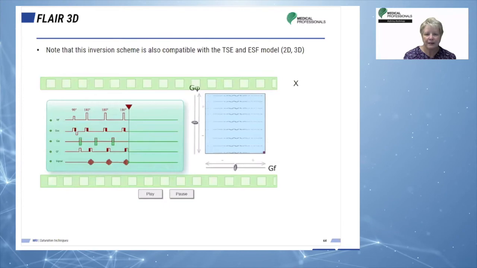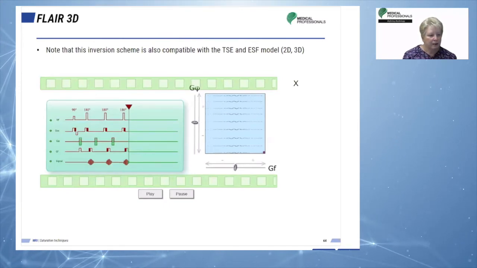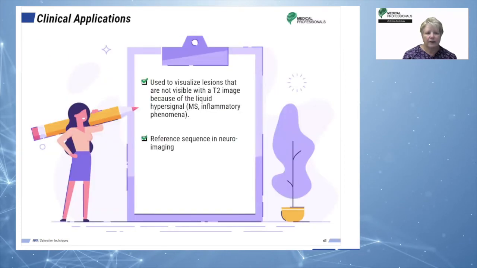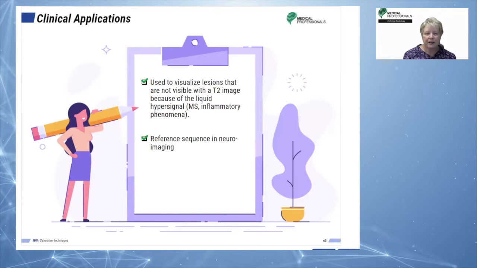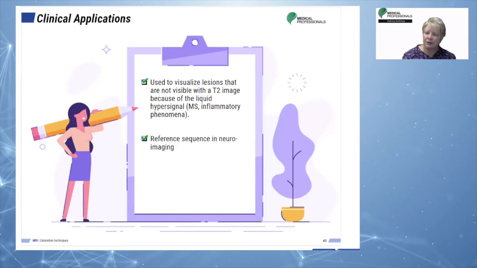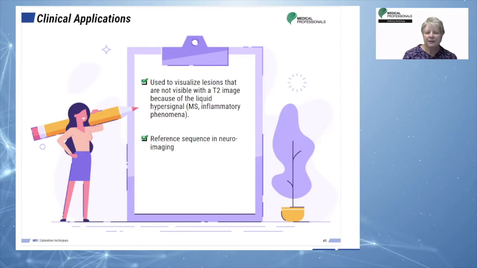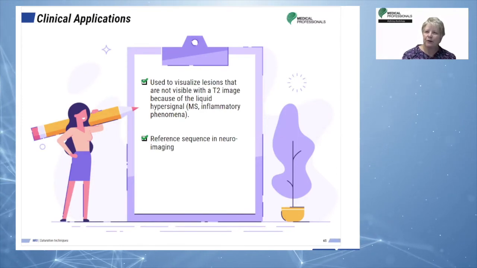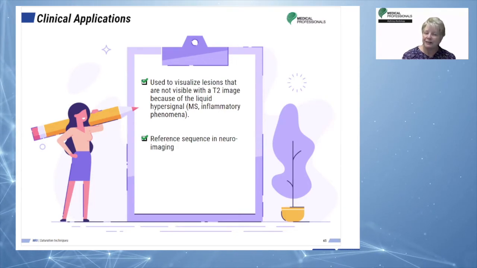Okay, very good. Another great visual. The FLAIR sequence is the reference sequence for neuroimaging. You can't really do a complete brain imaging if you don't include a FLAIR, especially when we're looking for MS. FLAIR is great at visualizing lesions such as